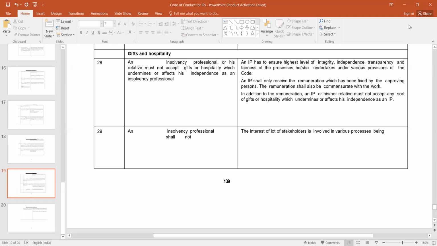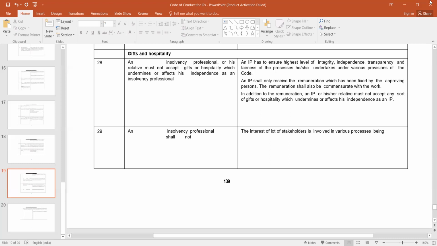That is nothing to do with ethics or something like that. So normally that fees obtained by a professional, whether it can be disclosed in the site, sir. That is actually to ensure transparency and to set some benchmarks also. Suppose tomorrow the IPA may say that for such and such work, such and such fees is charged by most of the professionals. So why you are charging, why you are overcharging? So that could be the point. Okay, so whatever is written in the regulations, you have to follow it. Yes, sir. Okay, sir. Thank you.